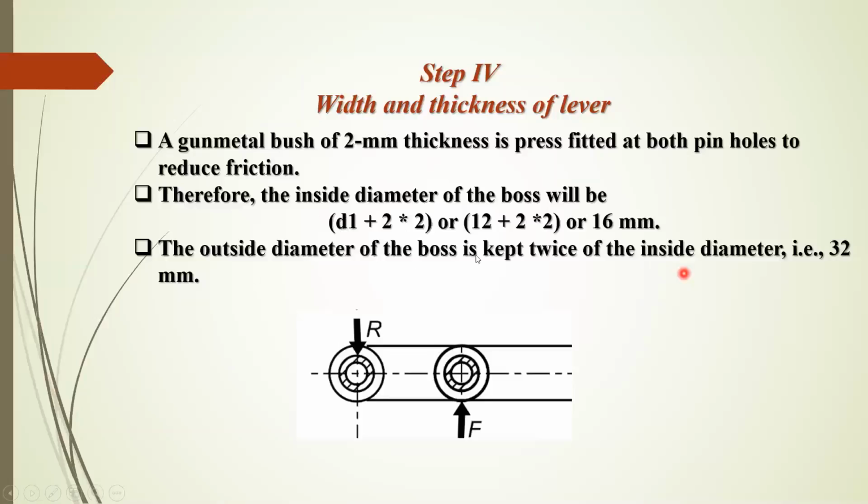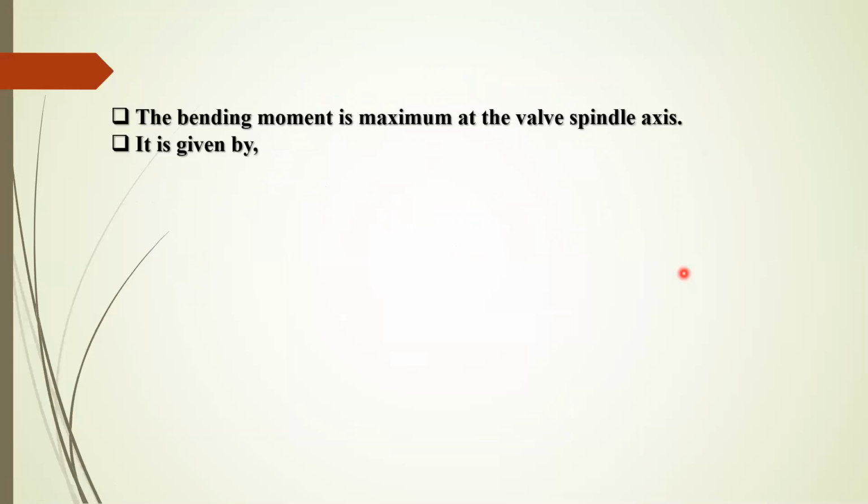Then the outside diameter is considered as 2 times the inside diameter. So the outside diameter of the boss is 32 mm. This is all the dimensions of the boss only. The boss is the section of the lever, right, at the pin. So by calculating all these dimensions of the boss, we can calculate the cross section